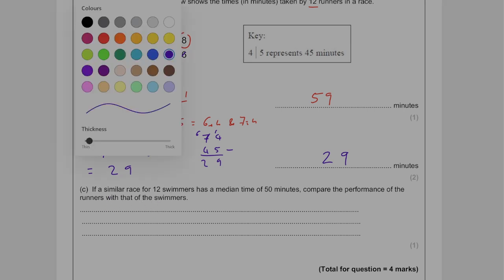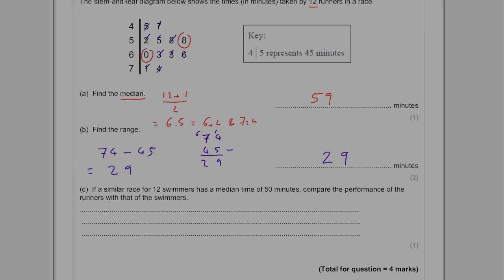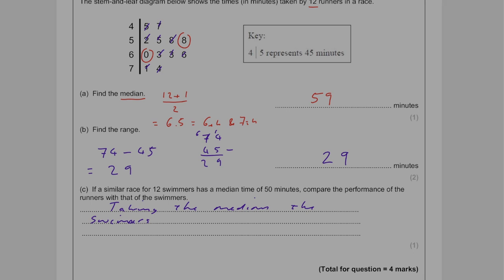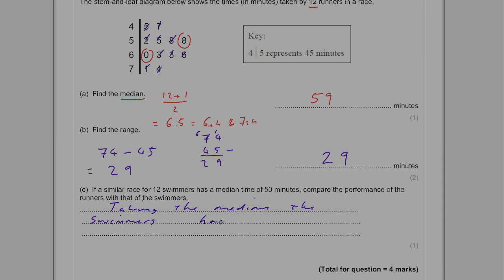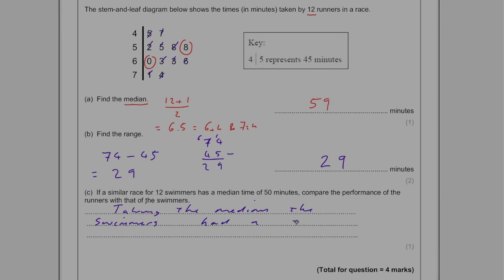I'm going to say, taking the median, the swimmers, so I've not spelled swimmers right, and a faster